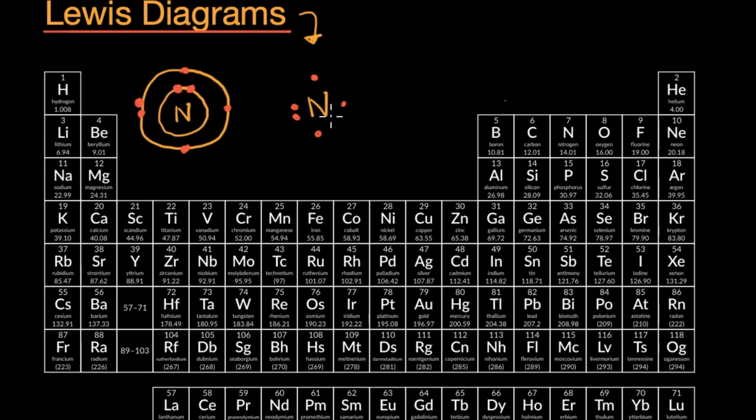It turns out we can also do this for ions. So let's say that we had a nitride ion over here. Now, a nitride ion has gained 3 electrons. So it actually has 8 valence electrons. So if you gain 3 from 5, you're going to have 8. So I'll go 1, 2, 3, 4, 5, 6, 7, 8. And because it gained 3 electrons from being neutral, it now has a -3 charge. And so you'll often see it written like this, where they put brackets around it, and you would see 3